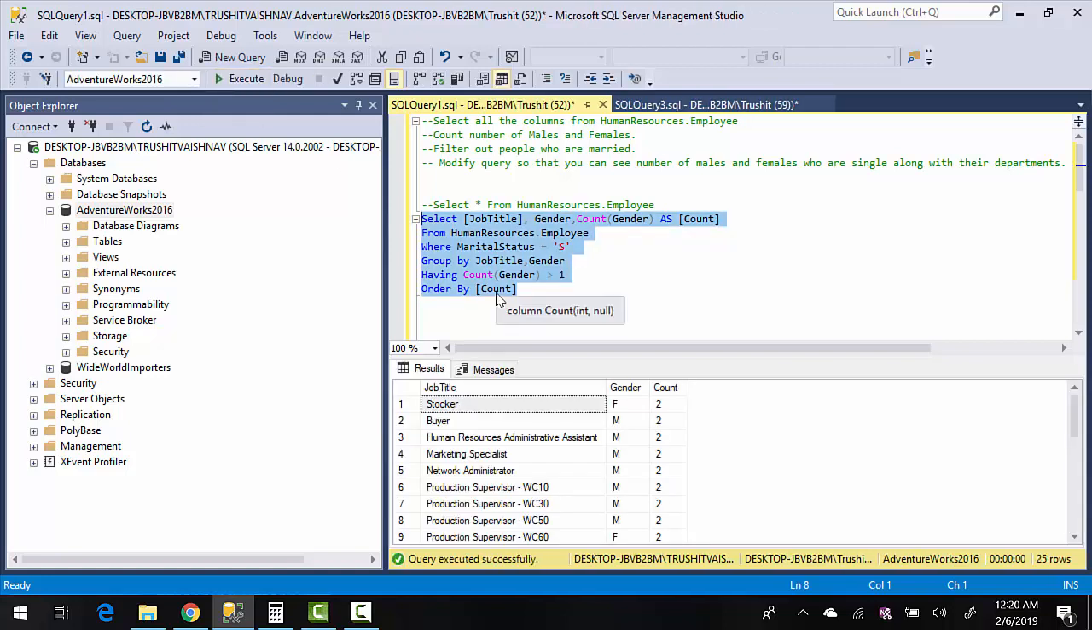The reason is, after executing having, the select statement is executed. Order by is executed at last. So since the select statement is executed before the order by statement, the database engine is aware of this alias. Now it knows that count gender is renamed as count, and that's why it is able to use it